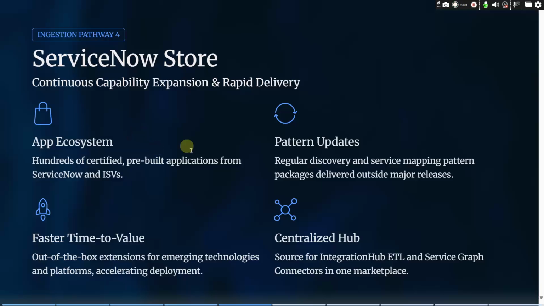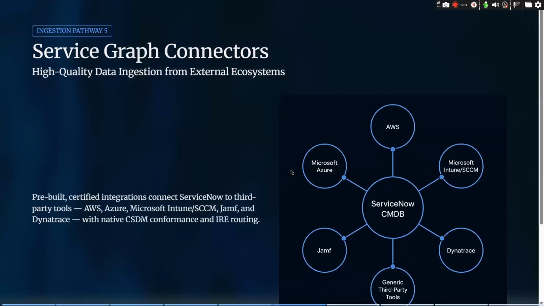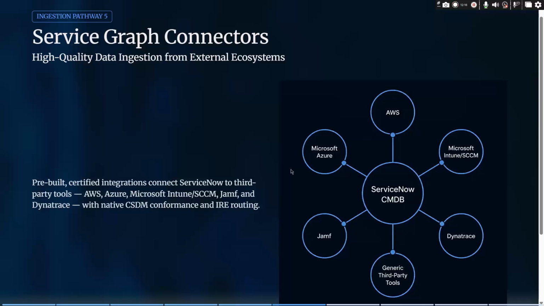For that, it will be a ServiceNow Store. It will be used to download and use the software. Let me show that. Service Graph Connector. What is Service Graph Connector? Using the ServiceNow Store, we can download